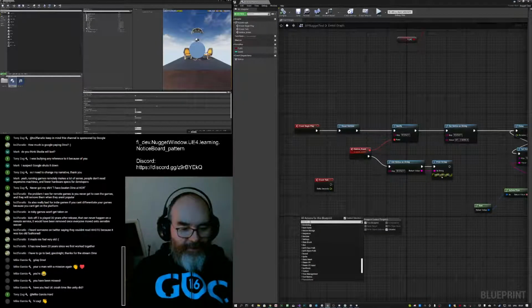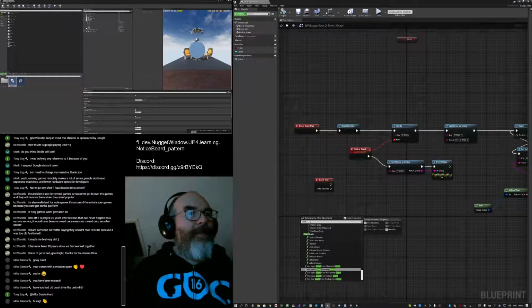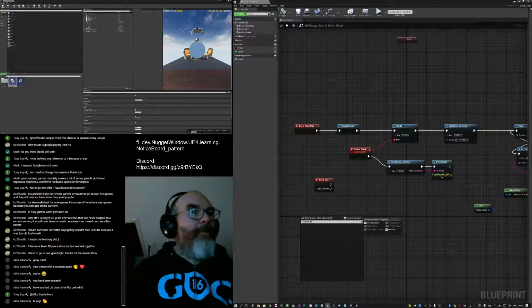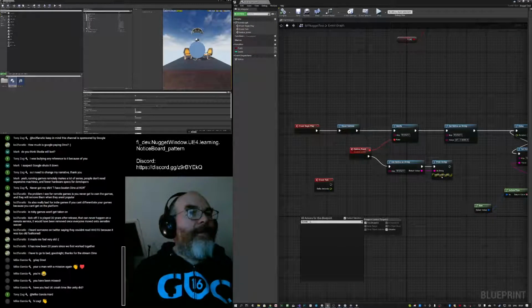That's the point. You just do. You have to guess what it is. Event. Mouse event. Event input.